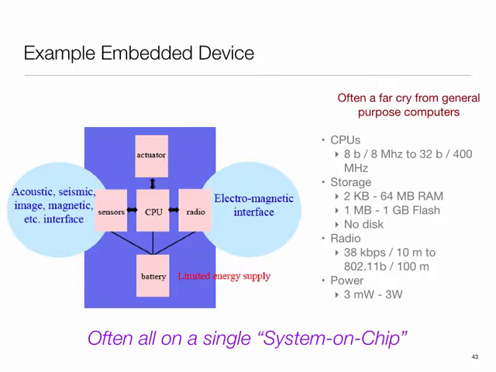Usually at that tier, we are looking at things where we don't have the luxury of being plugged in. Sometimes you may, but most of the time you don't. And therefore, you're usually operating off either some sort of a battery or some sort of an energy harvester, like a solar panel, or energy from vibration or stuff like that, or sometimes both. You will harvest energy and then store it in the battery for later use. So a solar panel may harvest energy during daytime and store it into a battery so that at night time you can continue operating.